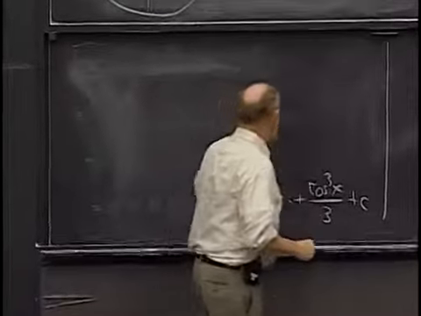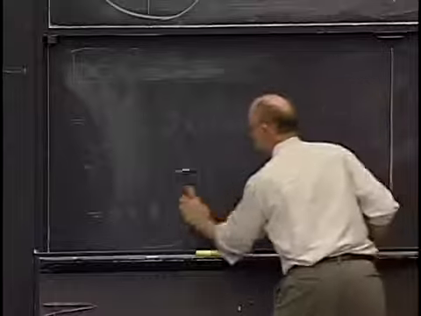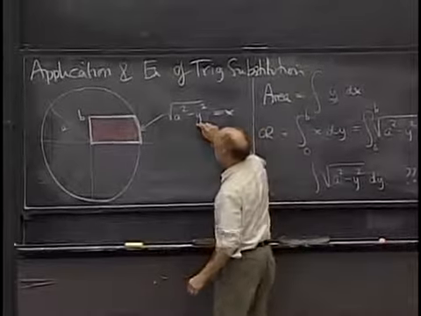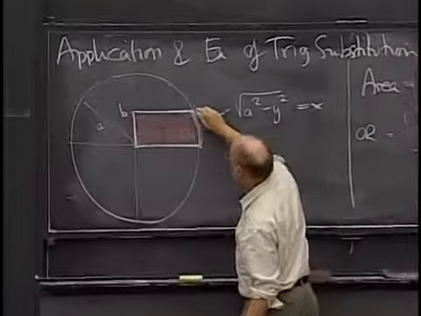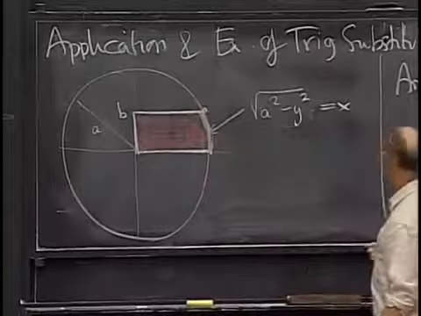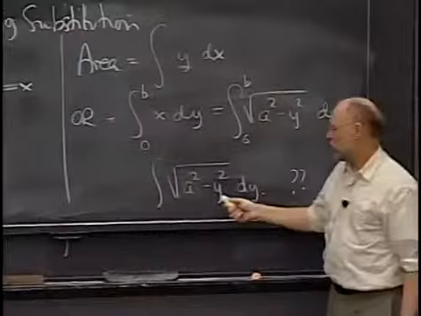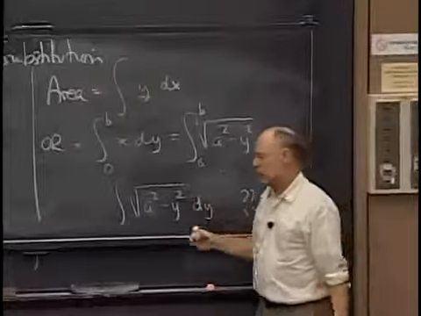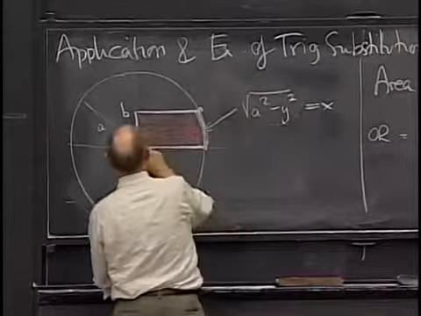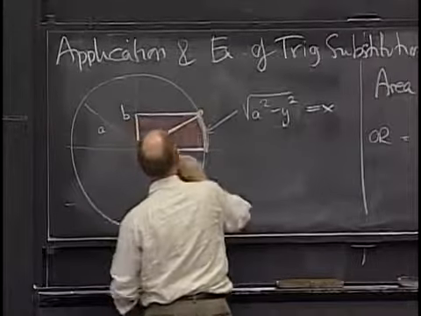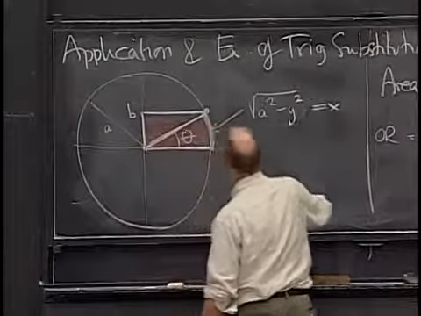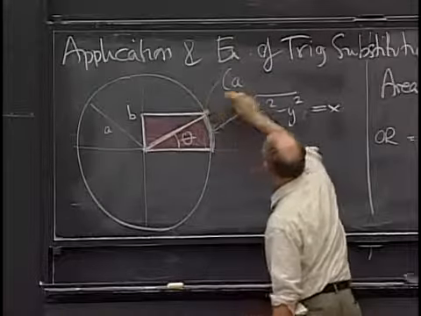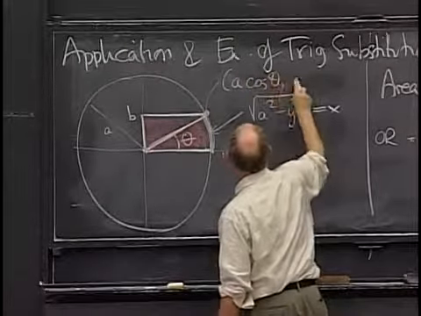Well, it's related to trigonometry through that exact picture that we have on the blackboard. After all, this square root of a squared minus y squared is the formula for this arc. And so what I propose is that we try to exploit the connection with the circle and introduce polar coordinates. So here, if I take and measure this angle, then there are various things you can say, like the coordinates of this point here are a cosine theta,